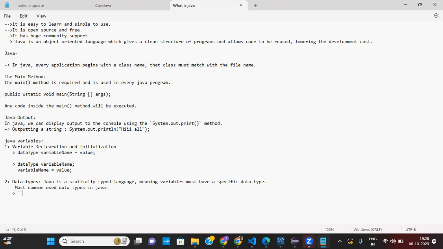Let's say we have int, which is integer.